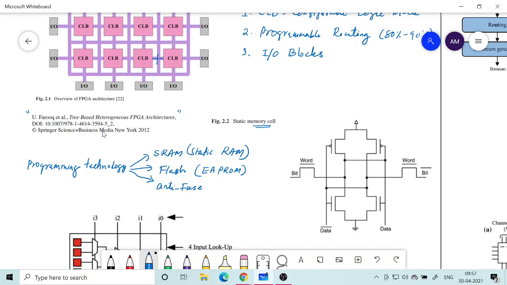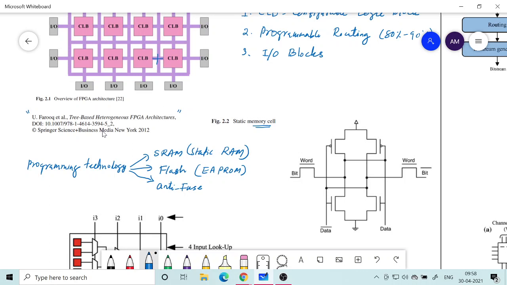Those transistors are not conventional, and therefore integrating that technology with the regular CMOS technology may be a challenge, and therefore the cost of fabrication for flash memories, or integrating flash memory with the other CMOS parts, involves more cost. And antifuse is entirely a different technology. It doesn't come under the regular CMOS technology, so that also will involve cost, but the biggest disadvantage is that it is only one-time programmable.